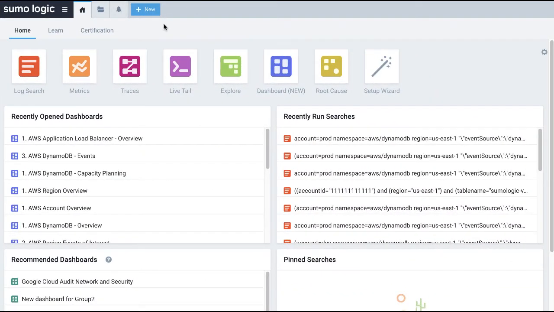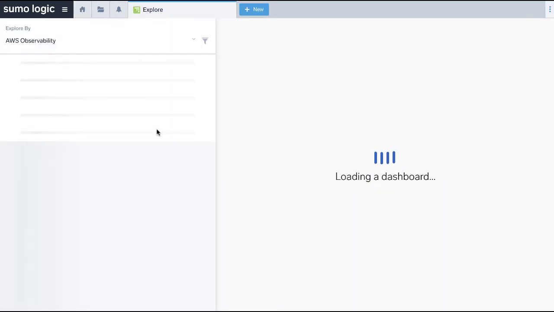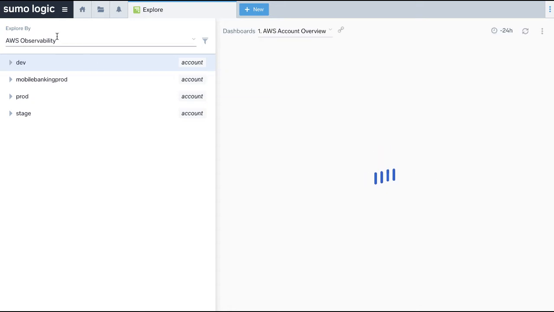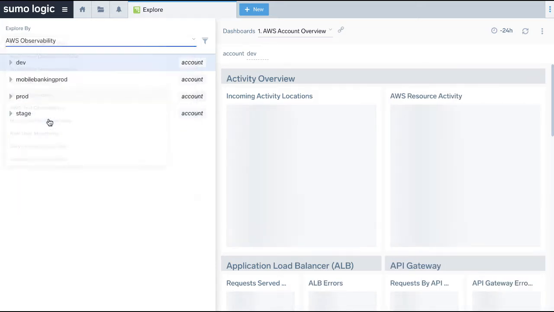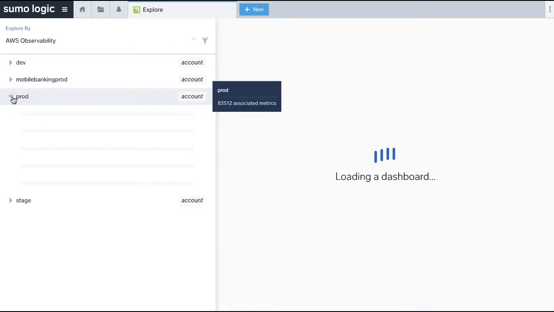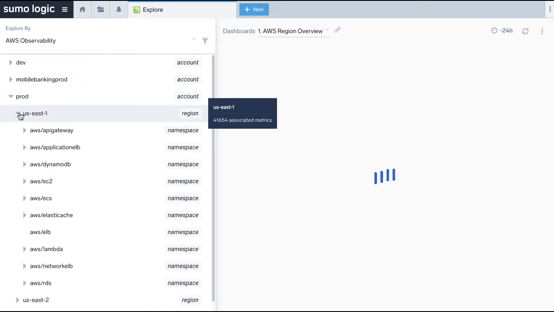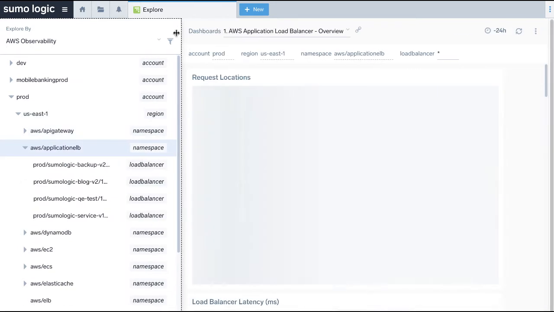For this demo, I'll click plus new and select Explore, where I can filter out the events of interest for AWS before opening them in Root Cause Explorer. In the top left corner of the screen that displays, I'll click under Explore By and select AWS Observability. Next, in the left pane, under the prod account, I'll click the US East 1 region and select the AWS/application